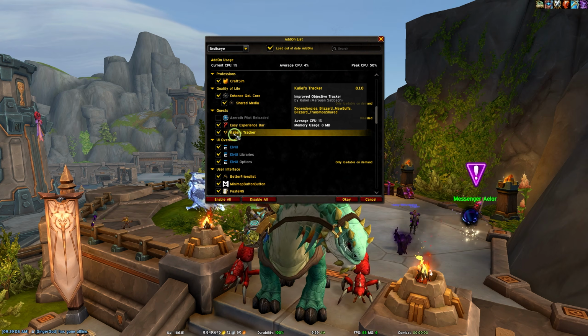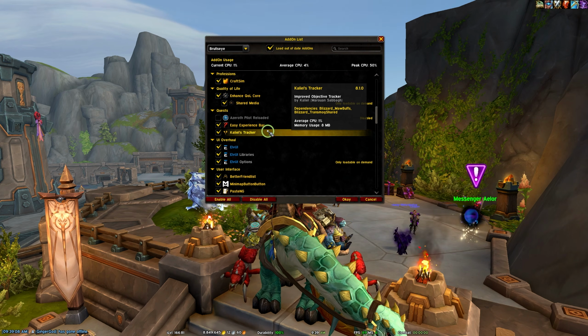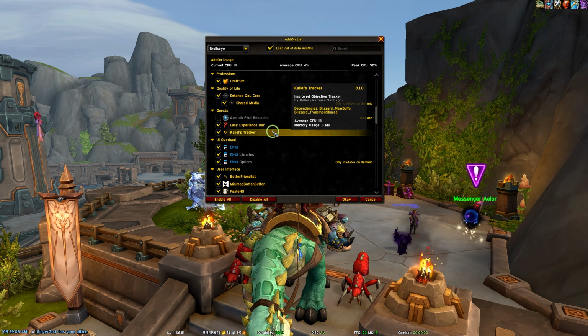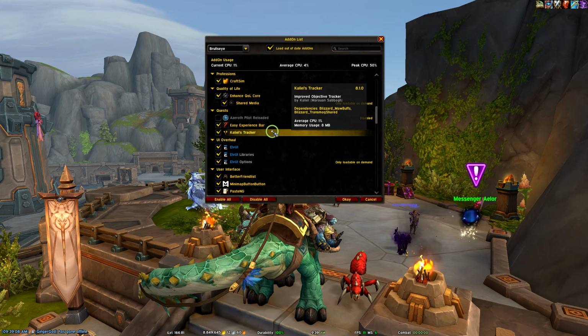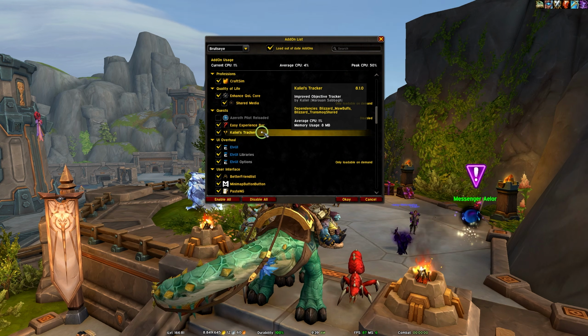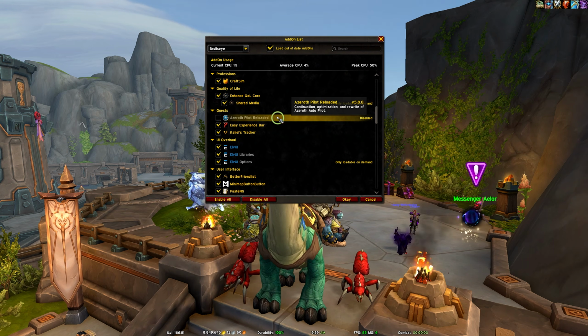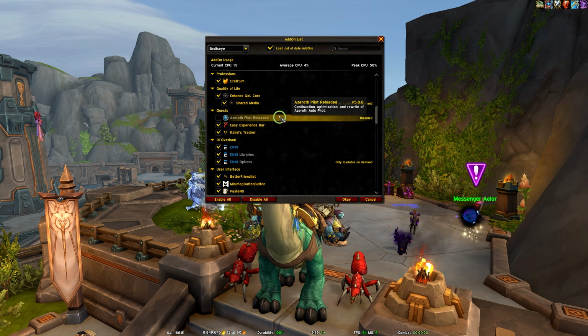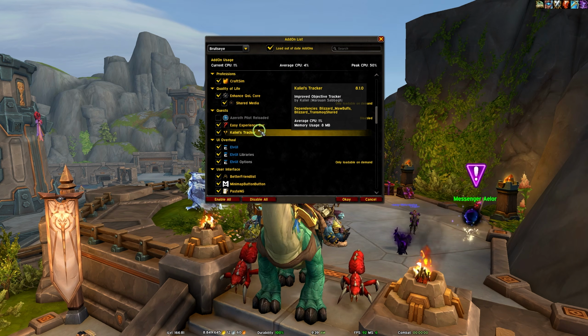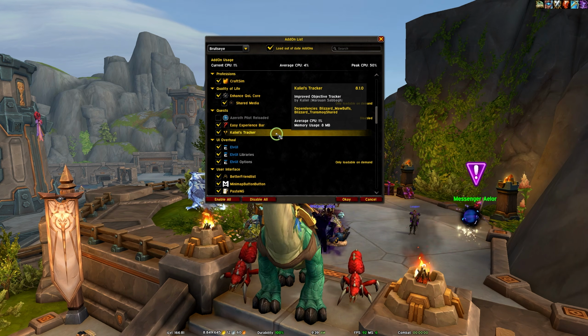Kaliel's Tracker, hoping I'm pronouncing that right. This is just an objective tracker reskin. The cool thing about this is not only does it make your objective tracker look better, but it gives you kind of like a boss button or an extra action button for quest items. Highly recommend it. I know that AAP back in the day used to do that too, so there may not be a need for that extra action button on both of these add-ons, but I just love how simple and how enjoyable this add-on is for that purpose.